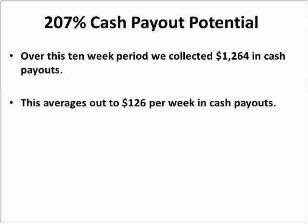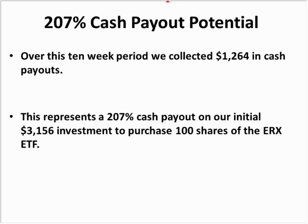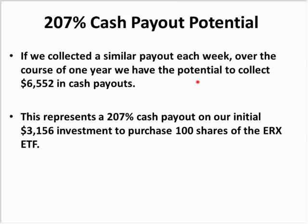And over the course of a year, if we get a similar premium each week, then we have the potential to collect $6,552 in cash payouts over the course of the year. And remember, our initial investment was